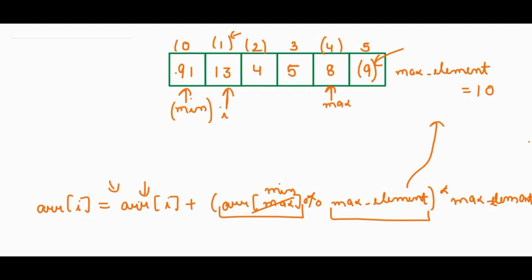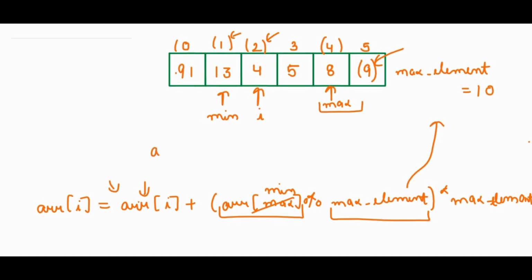Now, same way, we will increase our min pointer, and our min pointer will point to the first position, and we will move our i. So the situation will be min pointer pointing to the first position. Now we have an even position, we need the maximum element. So we will make use of the max pointer.